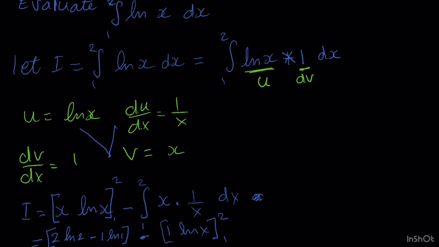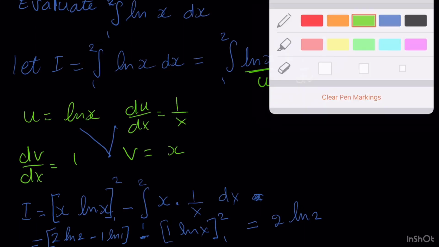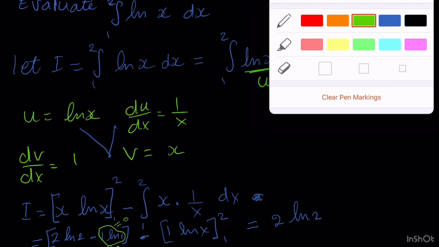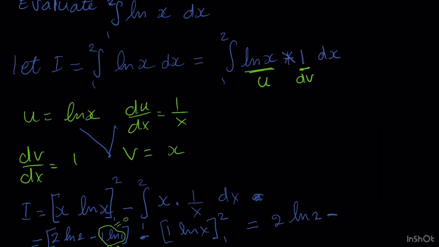So this is 2 ln 2. Ln 1 is 0, so there's going to be 0, because 0 times 1 is 0. Right? So it's 2 ln 2 minus